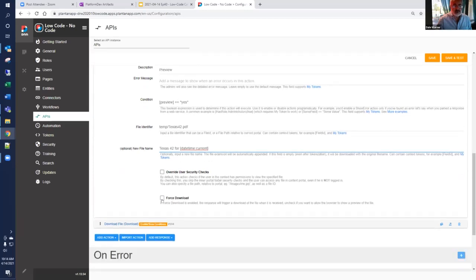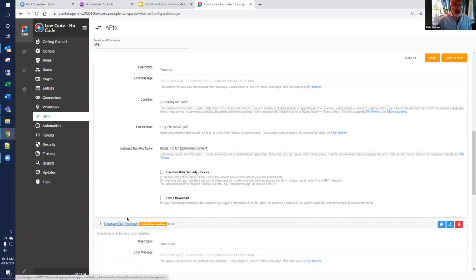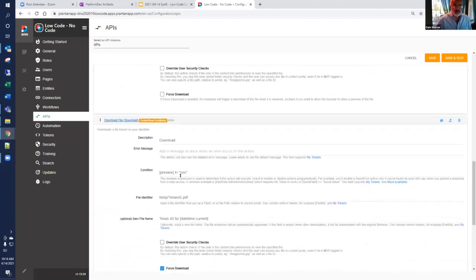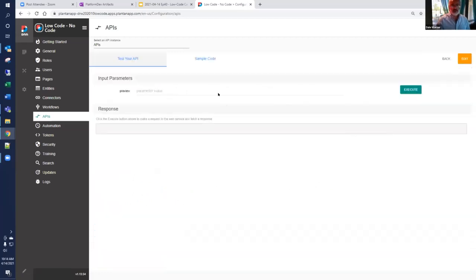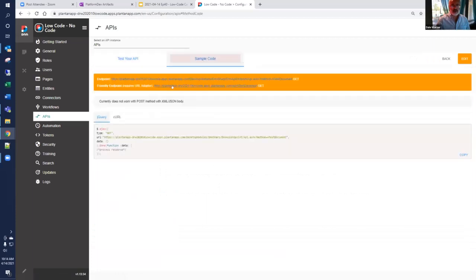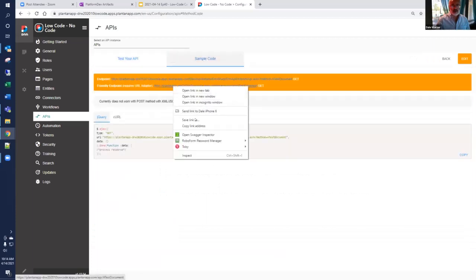In this version, I'm not going to force the download. So this is going to enable a preview of the file in the browser. This optional version, if the preview is not equal to yes, is the exact same setup, but we're going to force the download. So this gives you some control over what your users are going to experience. So if I jump into save and test on this